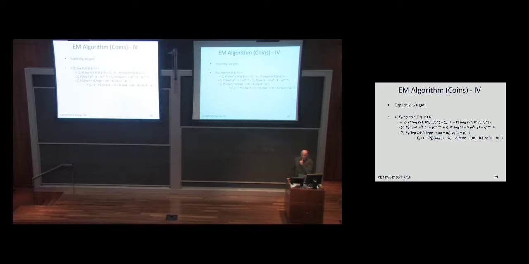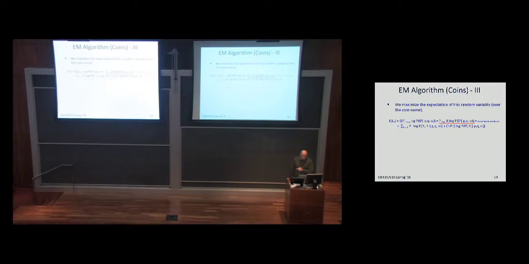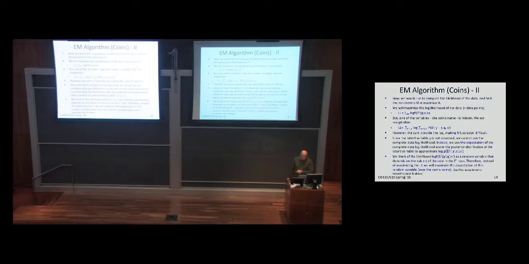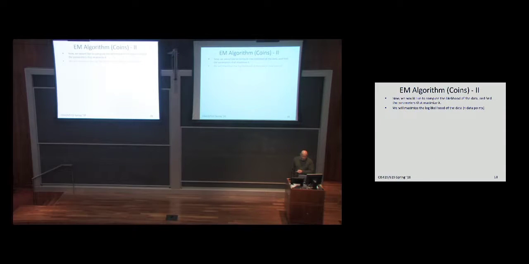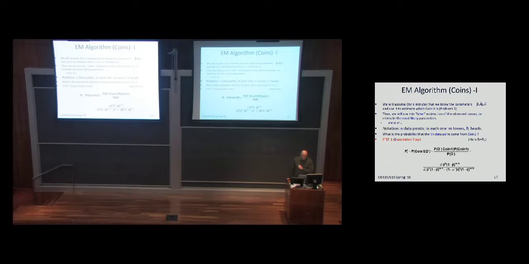Yes? So is the P1i referring to the probability that I am tossing coin 1? No. P1i is what I computed before in my first step. P1i is the probability that the ith data point came from coin 1. So think about it as the label of the data point. It's exactly the same game as we played before. I show you the data point. Had you known P1i,